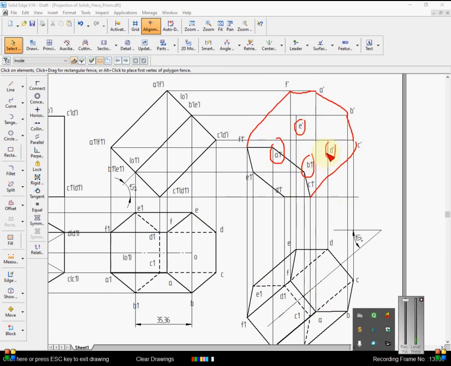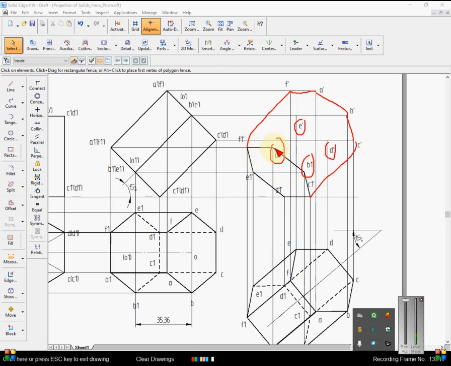Now if you observe all these 4 points at the bottom, where is the E dash, D dash? E dash is here, D dash is here. It's completely away from the observer, whereas A1 dash, B1 dash, which are here below, are near to the observer. That means A1 dash and B1 dash corner is completely seen. That means A1 dash, B1 dash seen.